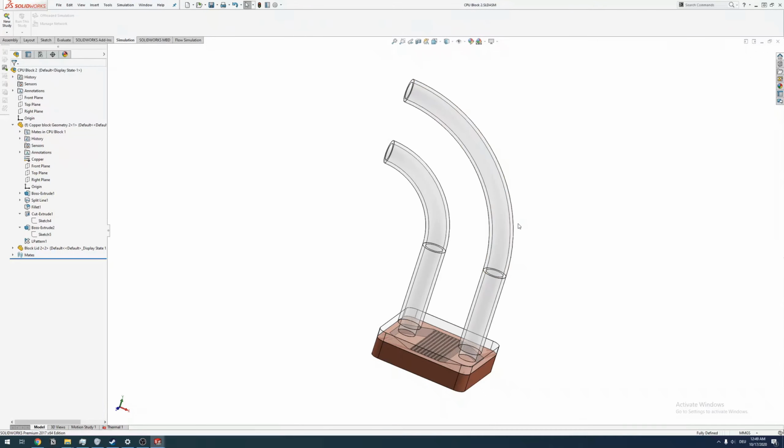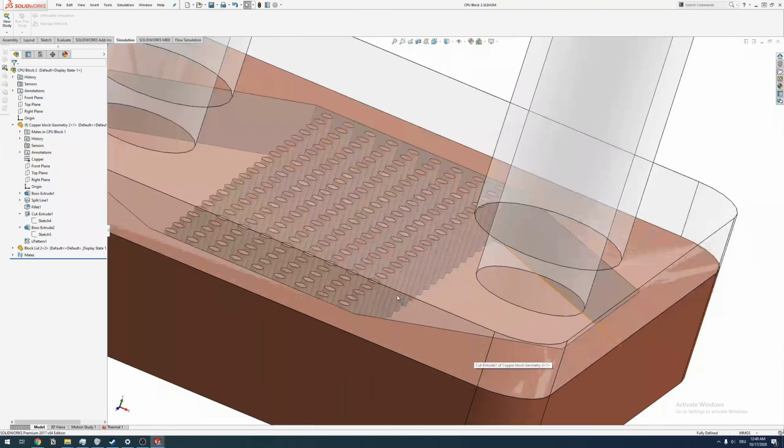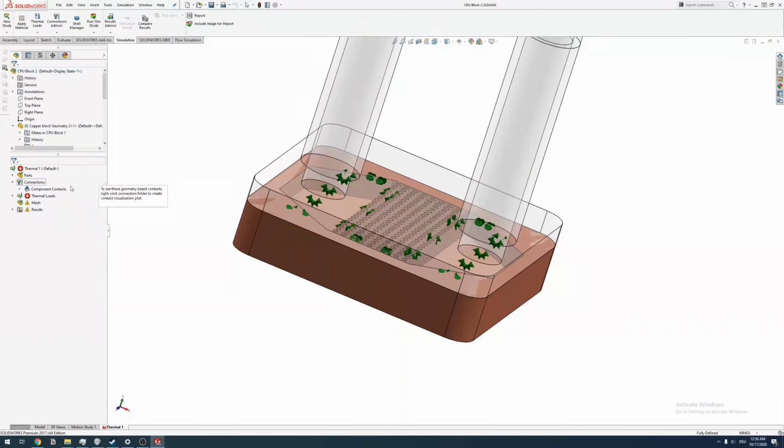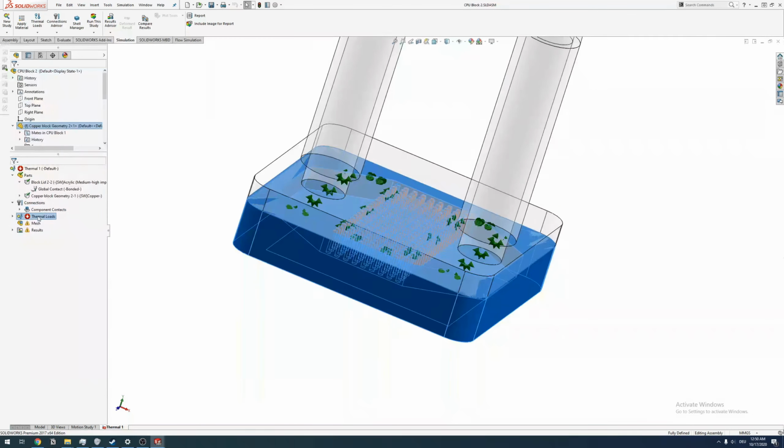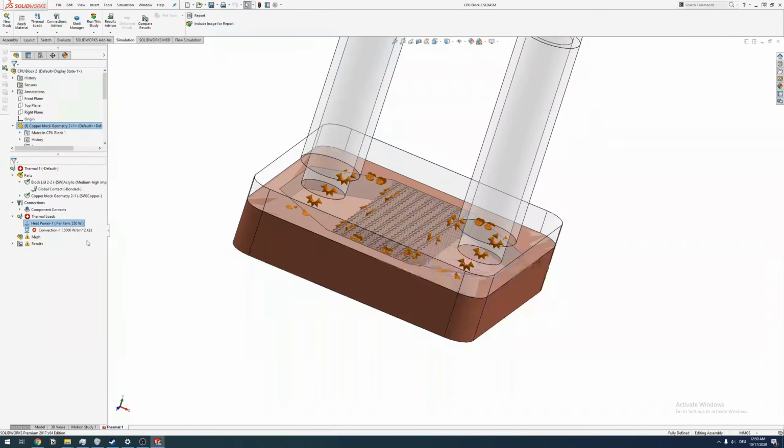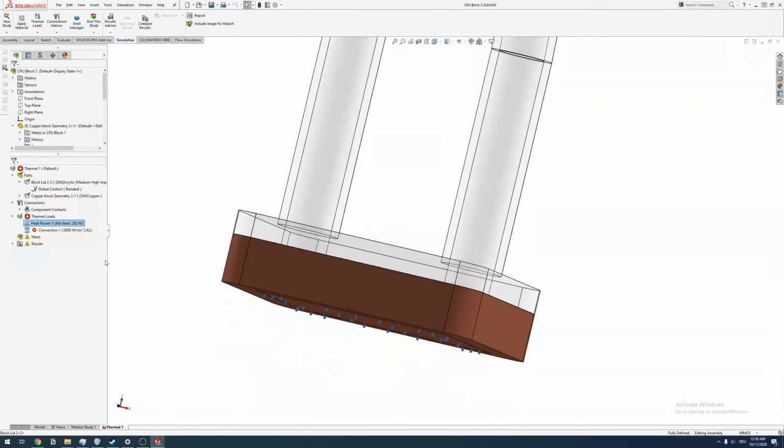Now let's do that. There's going to be a lot of things to choose. Let's go to the thermal. Now, can we hide this thing? Whatever. Thermal load stays. The convection, however, we need to edit the definition,